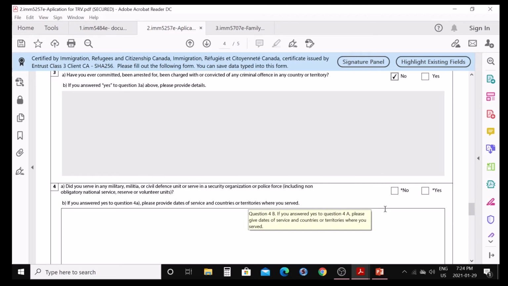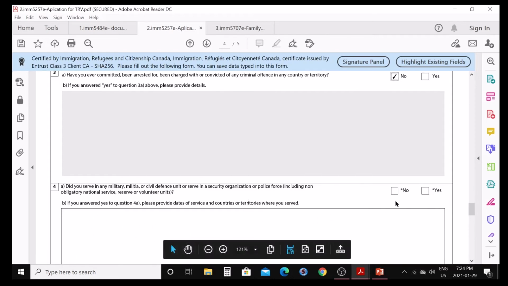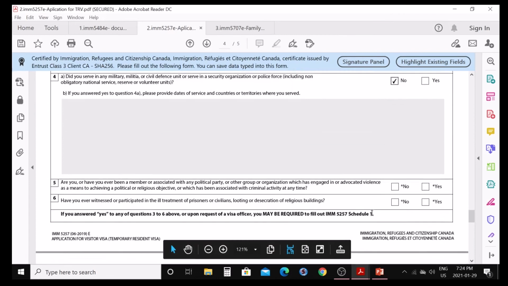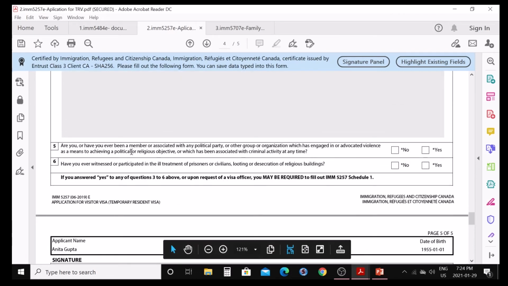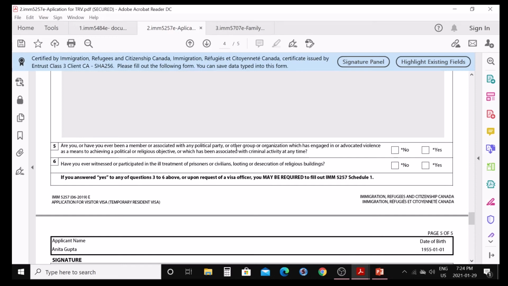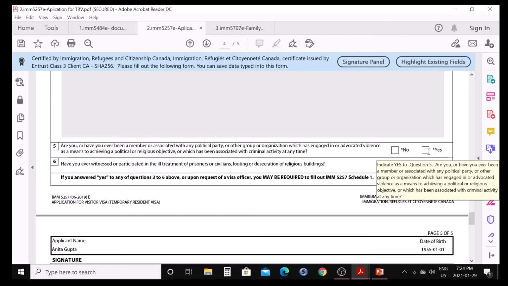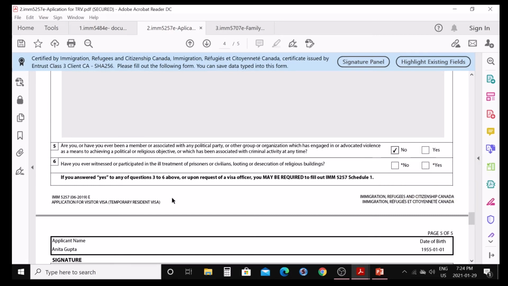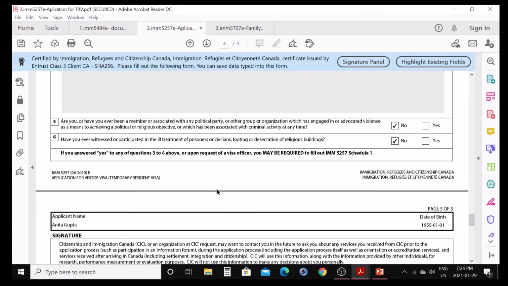If yes, say yes and write the detail here about that, otherwise say no. Are you or have you ever been a member or associated with any political party or other group or organization which has engaged in or advocated violence as a means to achieving political or religious objectives or associated with criminal activity at any time? Unfortunately, if yes, or you have a record on that, yes, otherwise no. In most cases I know this is no. Have you ever witnessed or participated in ill treatment of prisoners or civilians? So say no. I think so, no, that's the good answer.